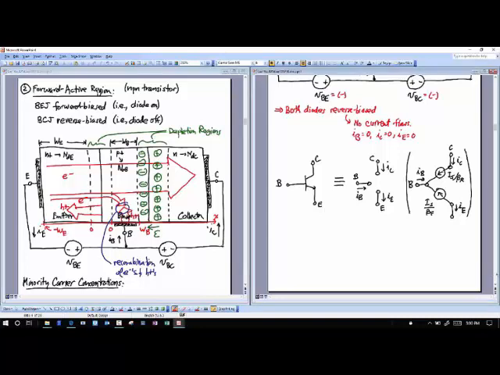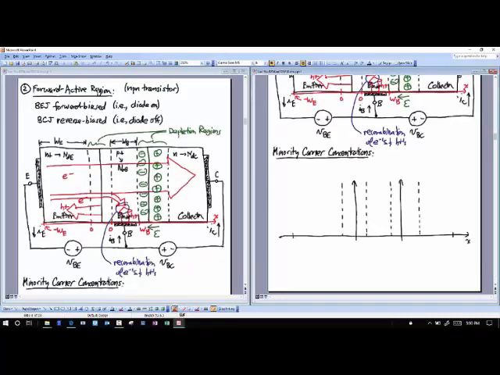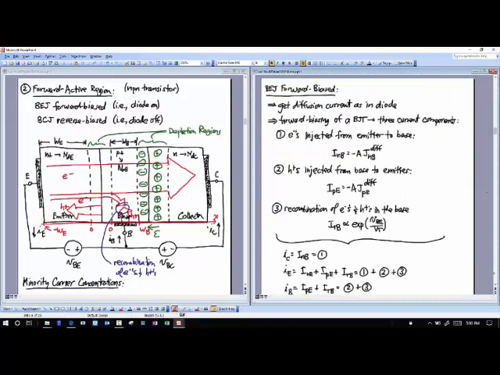And so let me skip a few slides here. So I'm going to do this minority carrier concentrations thing, but before doing that, let's define these different currents here. Okay, so I've got three sources of current. I've got one, electrons injected from the emitter to base. So let me label that as 1. That's my 1 current. Then I've got holes injected from the base to emitter. That's my 2 current.